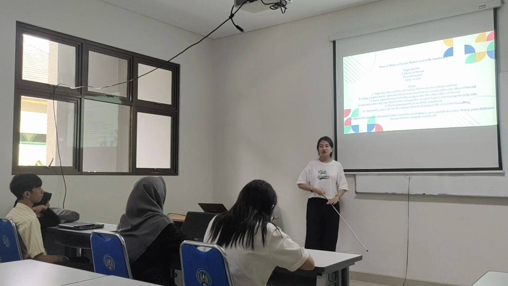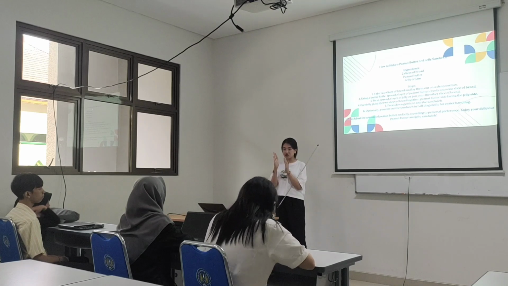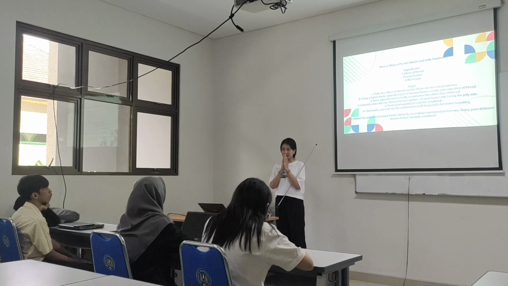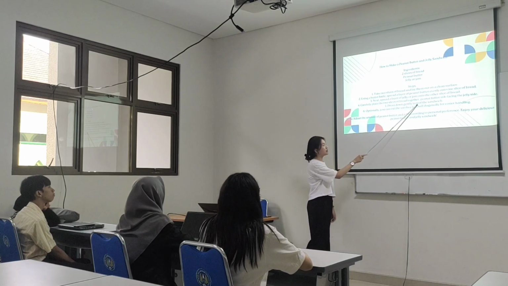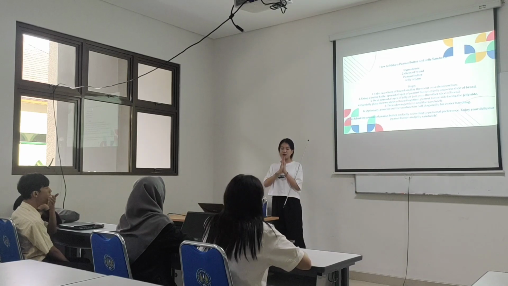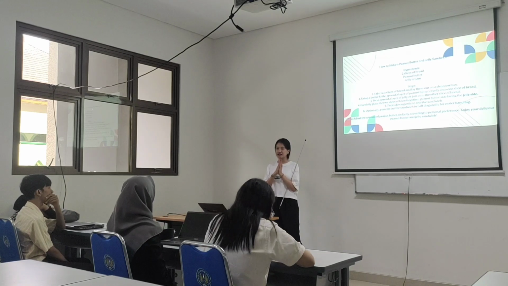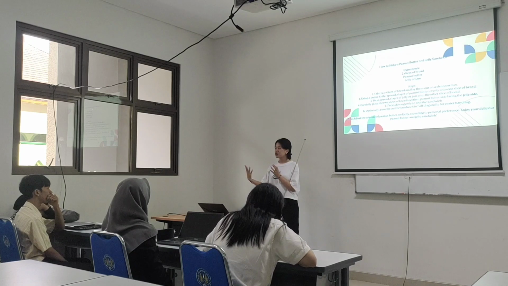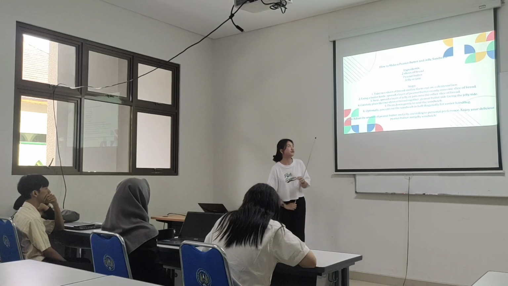Number 4, carefully place the 2 slices of bread together, with the peanut butter side facing the jelly side. So there are 2 breads. Here is the peanut butter laid and here is the jam laid. So they should be facing each other like this. And then number 5, press down gently to seal the sandwich. After facing the 2 breads, you have to press it gently to make sure that the peanut butter and the jelly do not come out of the bread. It should be like this. It should be tight and you can eat it comfortably.